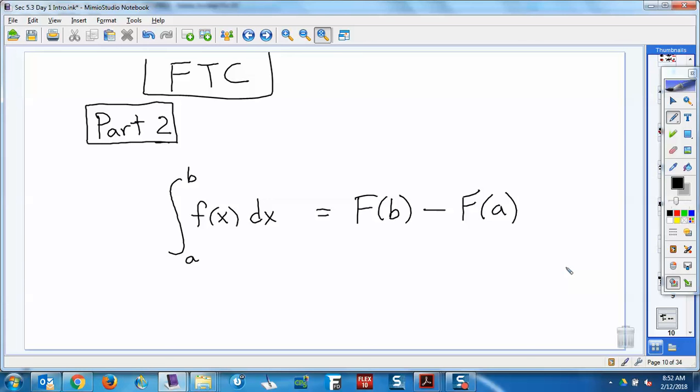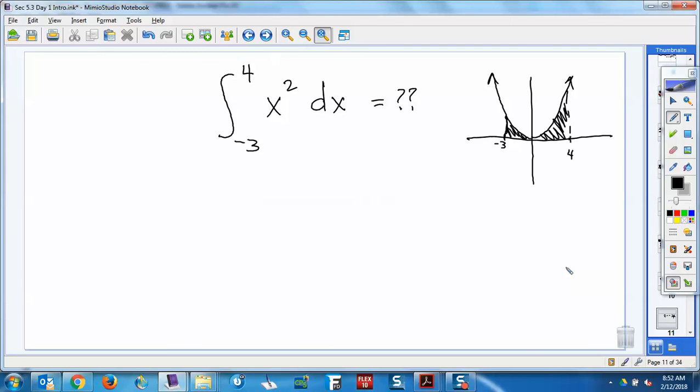So we can go ahead and put the x's inside. That's fine. So what do we do? We do the antiderivative. Any old antiderivative, just leave off the plus c. Doesn't matter, because it would just subtract away anyway. Put in a b, put in an a. Now, here's how we want those problems to look